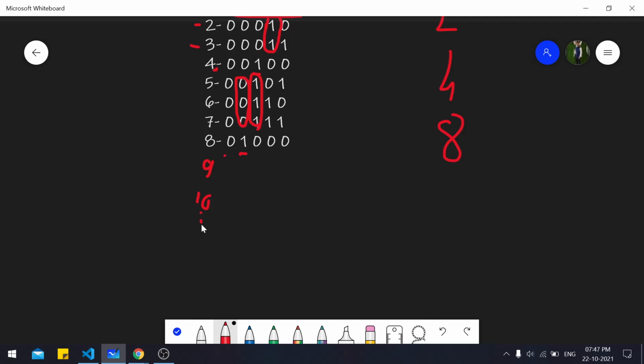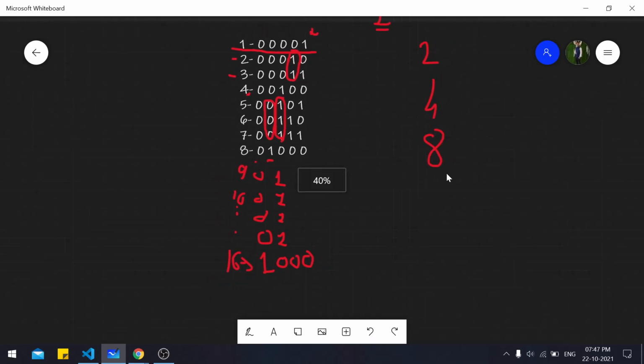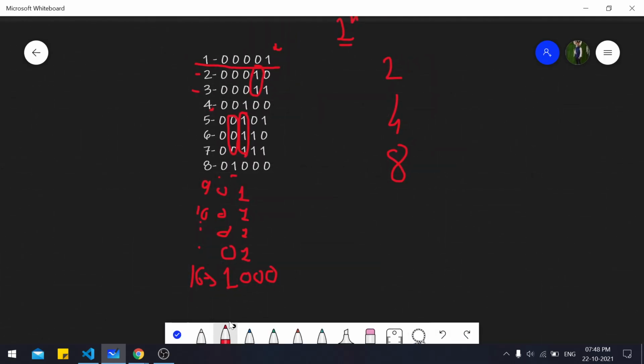So what will happen is when we come up to 16, the representation of 16 will be 1, 0, 0, 0. And all the other numbers will actually contain 0 here, right? And all the other numbers will always contain a 1 here. So now you might ask, where am I getting with this? Okay, we have understood that the bit before the most significant bit will always be set.